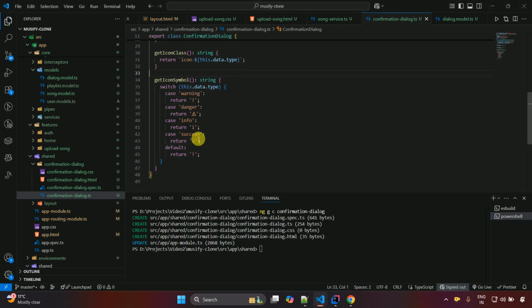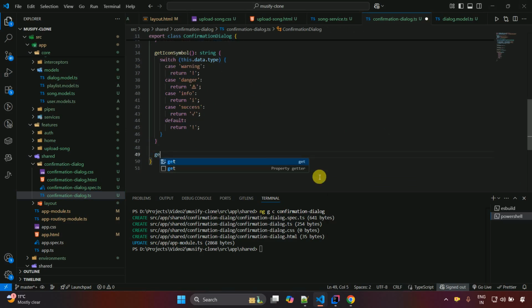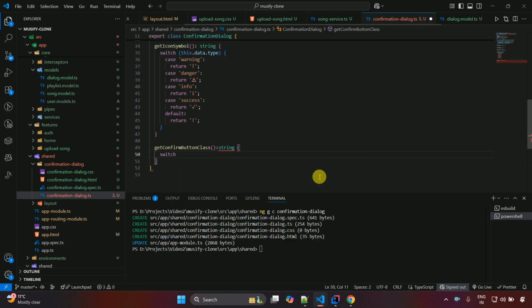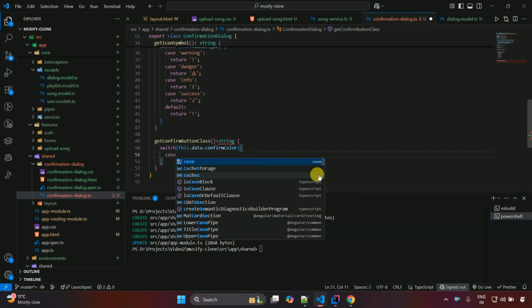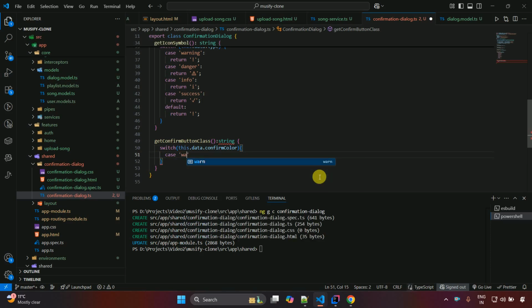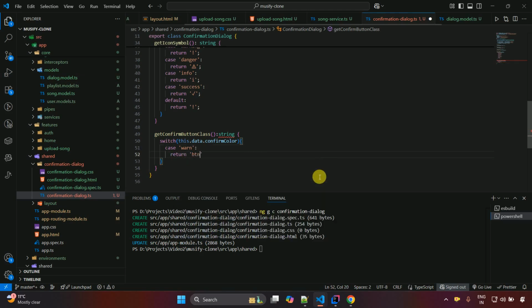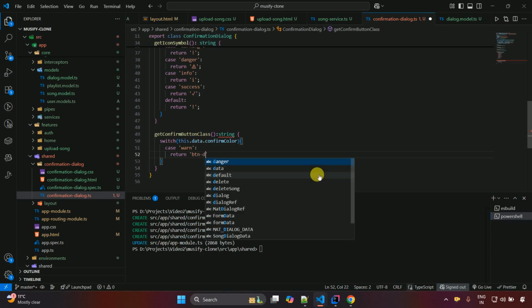Okay, after that here we also need to pass the different buttons, right? So here I'm going to change this to getConfirmButtonClass, and this is also going to return a string type, so I'm just making it as string switch, and this.data.confirmColor, and here case, and it should be warn, so I'm going to return btn-danger,